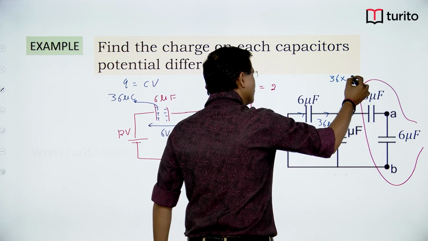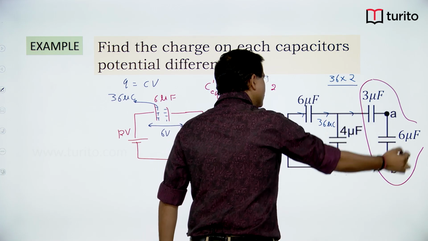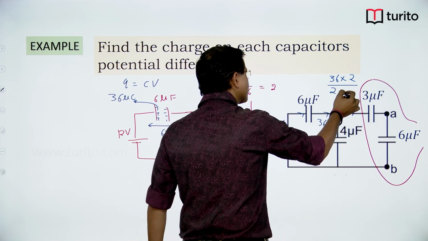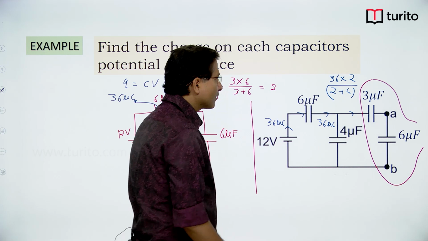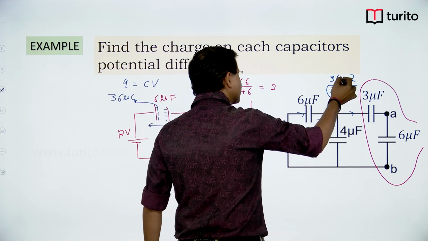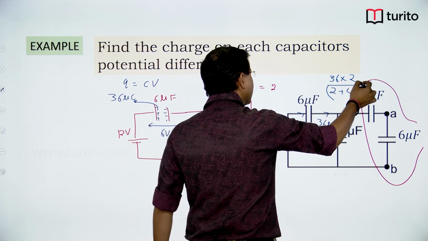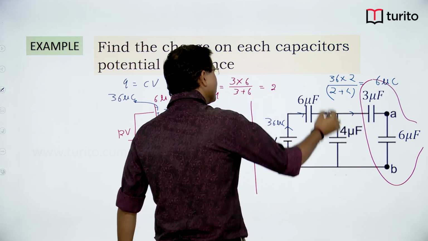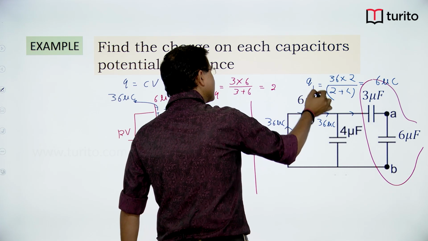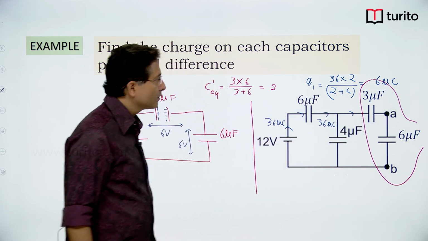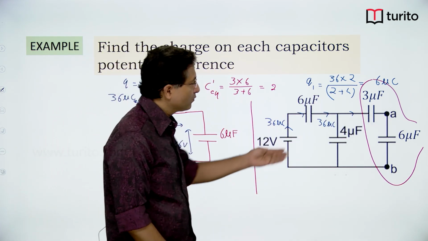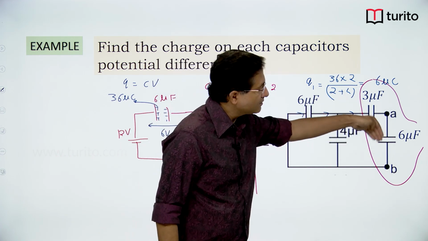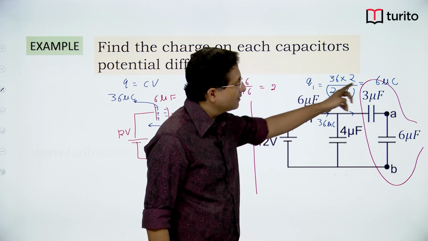This side it is 2 divided by 2 plus 4. So I can see 6 here, 6 and 36, this will give you 6, and here I am getting 6 microcoulomb. So this is say Q1. So Q1 flowing through this branch is 6 microcoulomb,